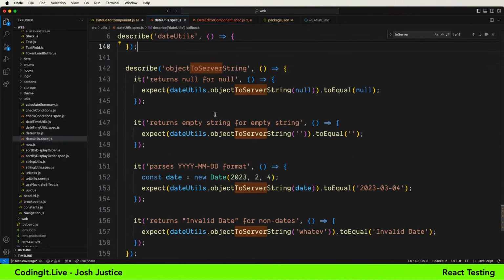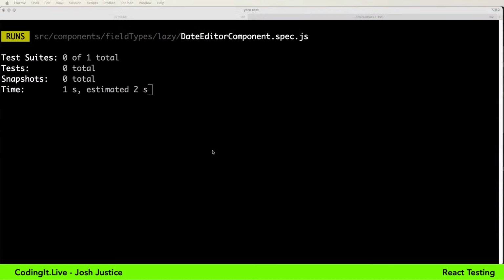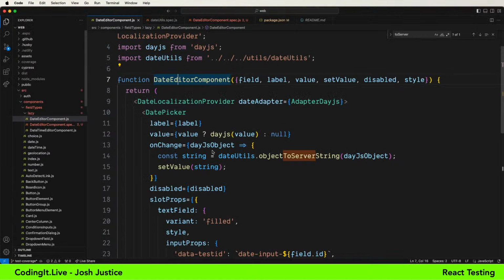So I actually have what I think is pretty thorough test coverage for that function already. So I don't need to thoroughly cover that here. In fact, I can't even pass in all possible values because I can't control what date picker does. But I'm just confirming that I'm using that lower level function to correctly pass along the string. So now that I put in the real implementation of onChange, it works.